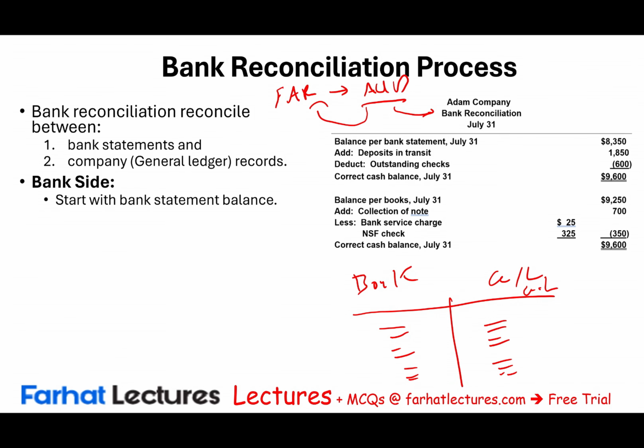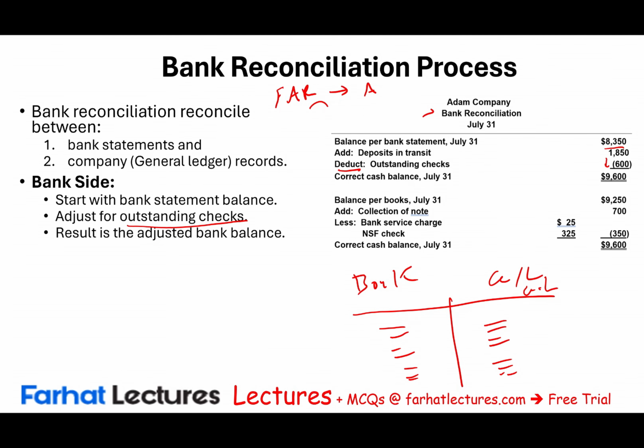So on the bank reconciliation, you're going to have a bank side. And on the bank side, you would start with your bank balance, whatever your bank balance, for example, 8,350 for our purposes. And you would adjust for outstanding checks. It means you will deduct for outstanding checks, reduce any checks that you wrote, that you deducted from the books, but the bank did not clear. You want to reduce them from your bank balance because eventually they have to be reduced. Then you will add